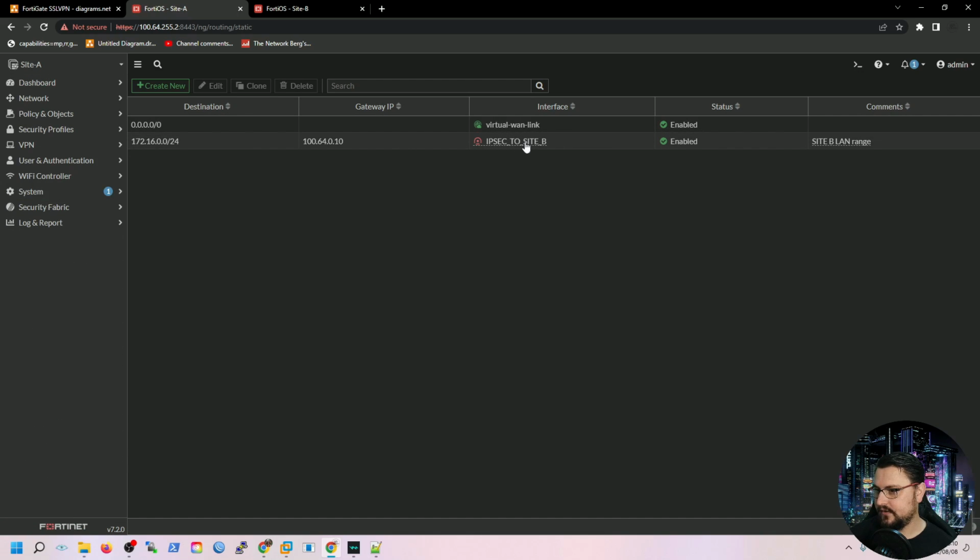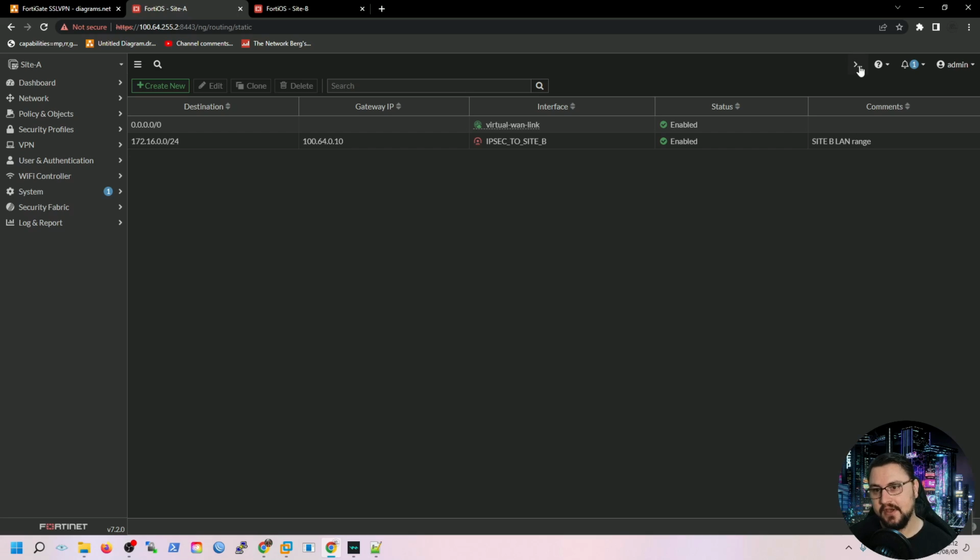There we can see the tunnel has dropped. So if we want to diagnose our tunnels to see what's happening, I highly encourage this from the command line. So let's head into the console, but really guys, you need to think of the console as your friend. It's there to help you. I can promise you, this is going to be where you're going to find the most information if you're ever